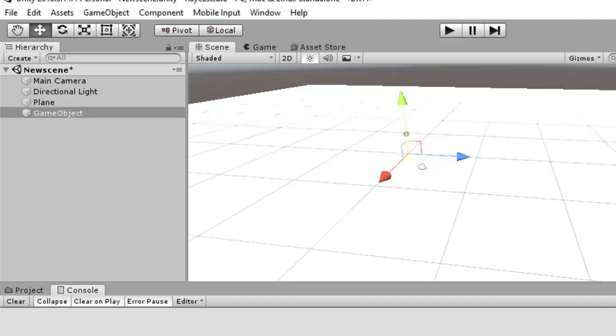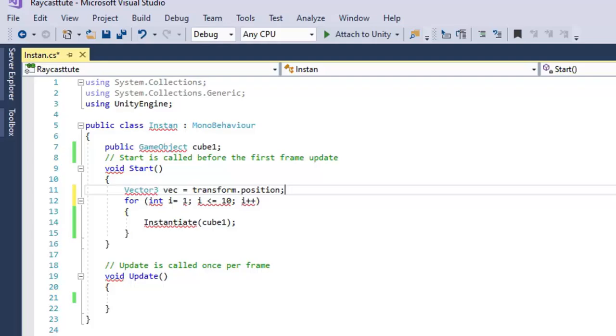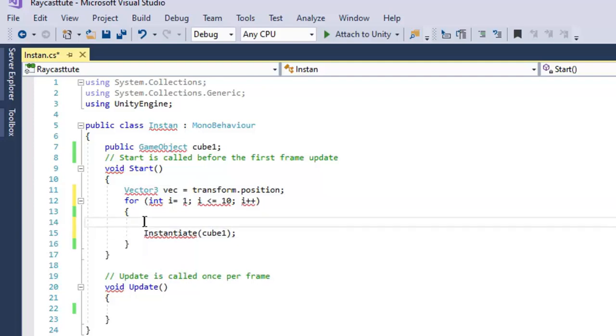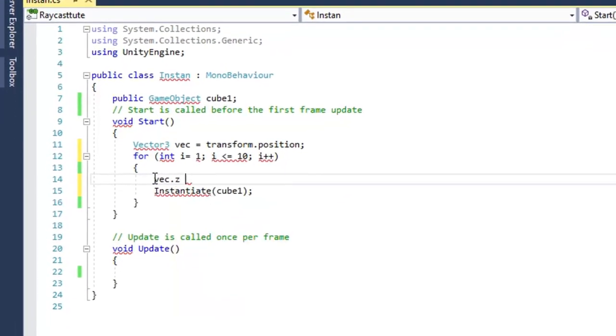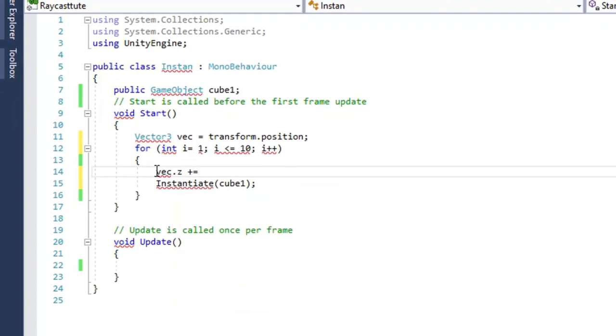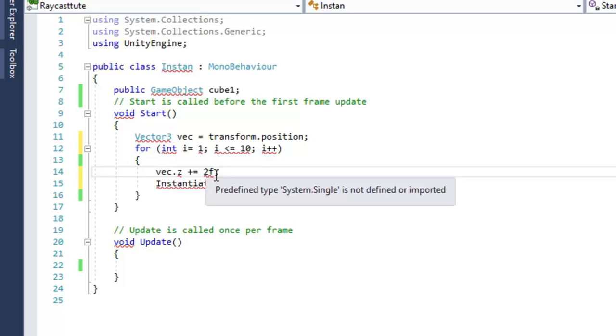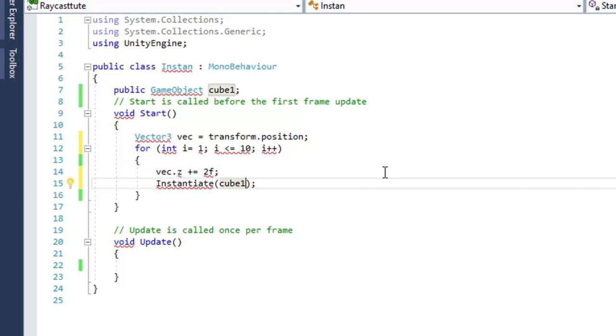So I will fix the position of x and y, but all the clones must have different values of z. So I am placing every cube at an interval of 2 units.